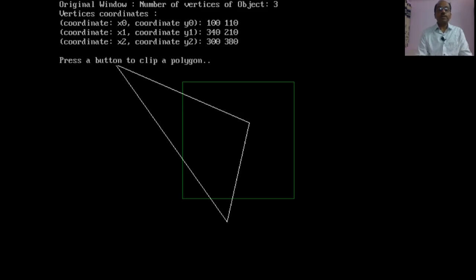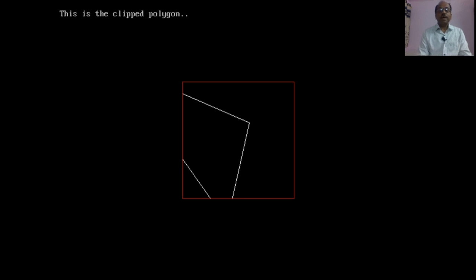So, the polygon is drawn on the screen, students, you are seeing the output, and some part of the polygon is outside the visible window. Now, in the graphics package, we will eliminate the parts which are outside the window. So, this program will eliminate the parts. For that very purpose, the algorithm has envisaged all the requirements. So, we have to only press a button. Now, you are seeing that the parts which were outside the window are truncated and only the part of the polygon which is inside the window is appearing. So, this is the way by which we do polygon clipping using the